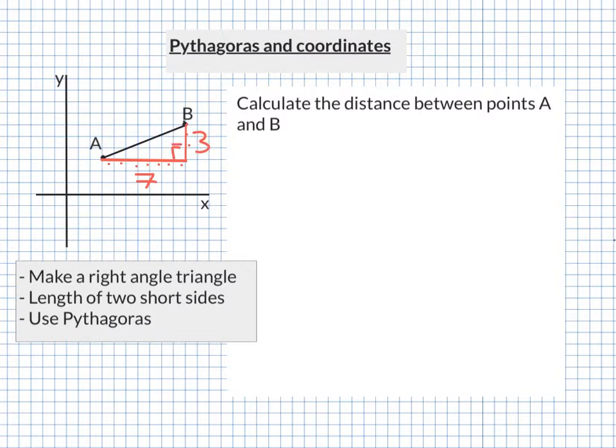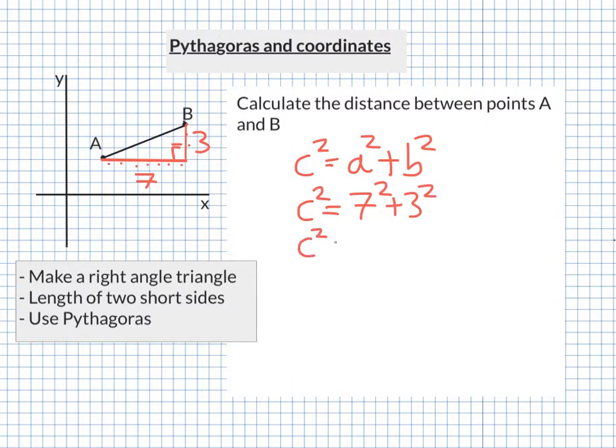Now Pythagoras tells me that c squared is equal to a squared plus b squared. Sub in the values I know. So c squared, where c is the hypotenuse, and a and b are my two short sides, so I've got 7 squared plus 3 squared. Now I must do my squaring first, so 7 squared is 7 times 7, which is 49, plus 3 squared, 3 times 3 is 9, so I'm going to get here on my right hand side